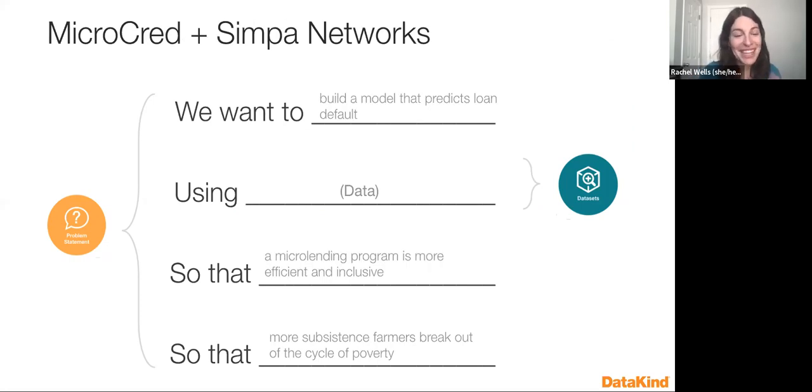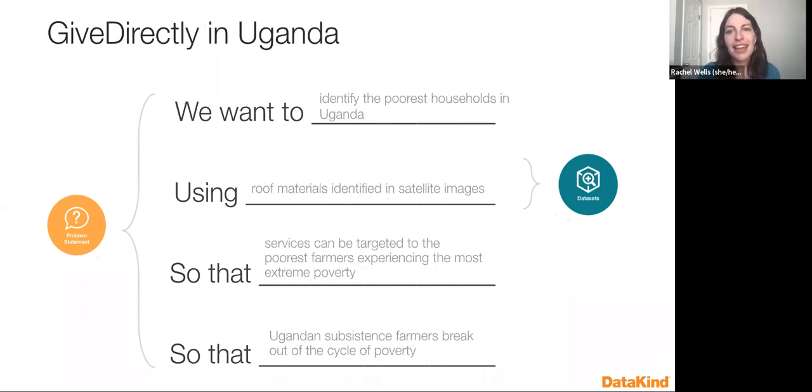With both Microcred in Senegal and Simpa Networks in India and other organizations, we've built alternative credit scoring techniques so that we can predict future loan repayments, which allow these organizations to reach previously overlooked populations. And sometimes after you've identified the so-what, the behavior change and impact, your data source can be helpful in deciding what project you want to complete. So GiveDirectly knew they had access to satellite imagery data, and they wanted to look at roofs to identify the poorest households in Uganda. Of course, this only works because the project statement maps to their desired behavior and impact